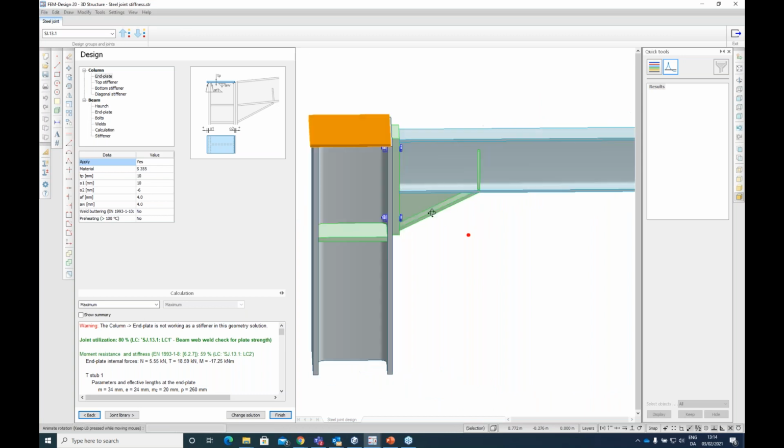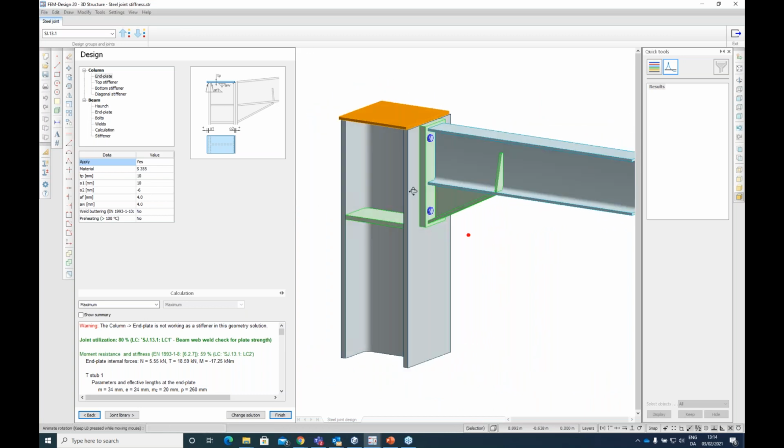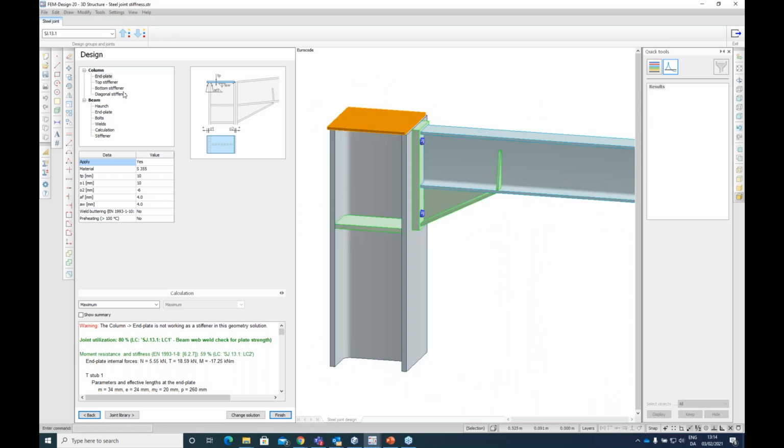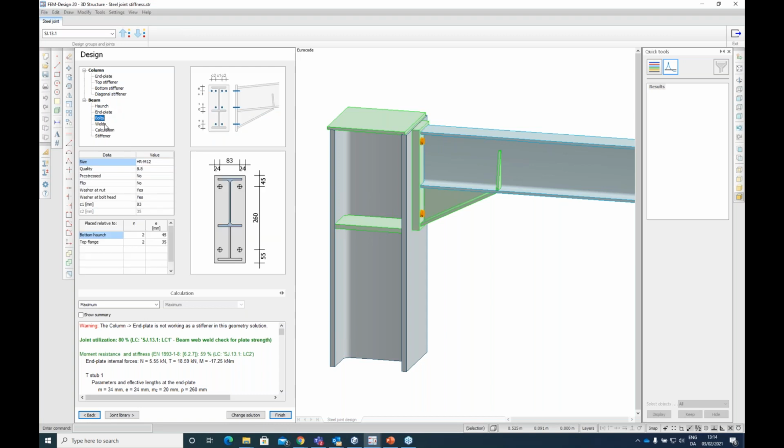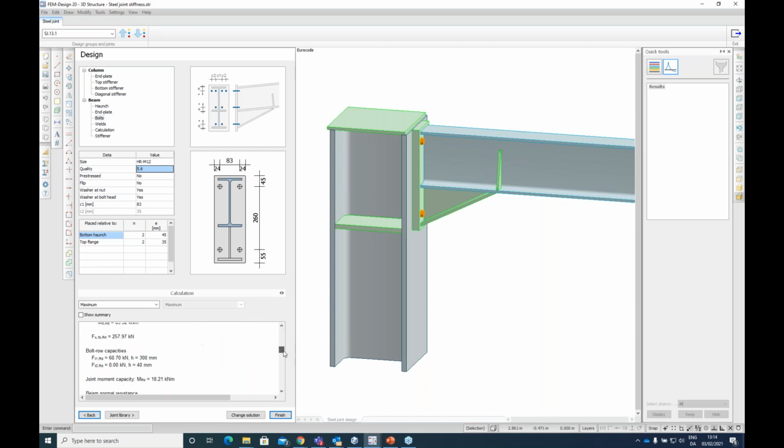And I can customize all of my parameters and components for this joint. End plate, top stiffener, bottom stiffener, diagonal stiffener if I have any, and then the haunch for the beam, end plate, bolts, and welds. I can see I have all of my parameters here. And my calculation in detail. If I scroll through this calculation report, I can see the stiffness calculation according to Eurocode. So I'll actually get a stiffness for this joint